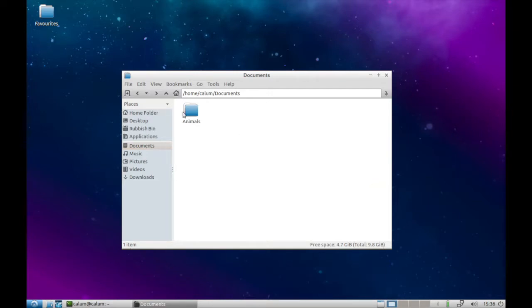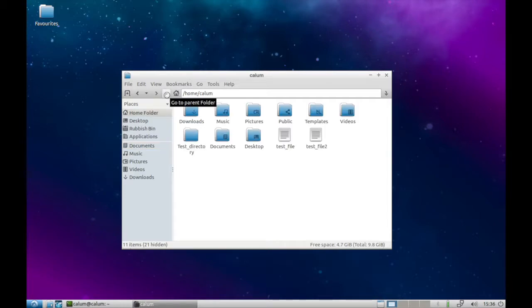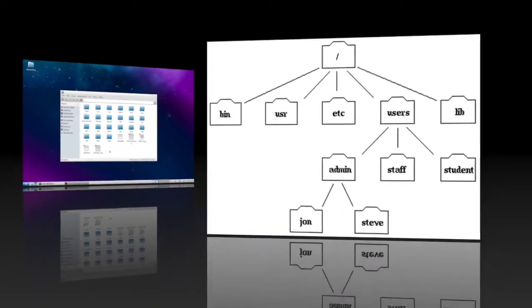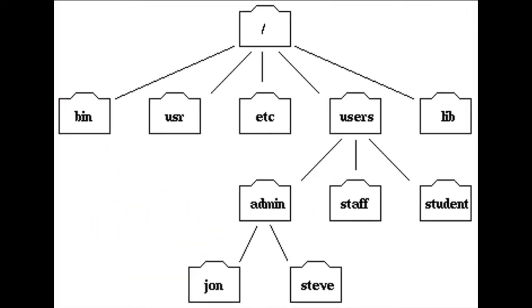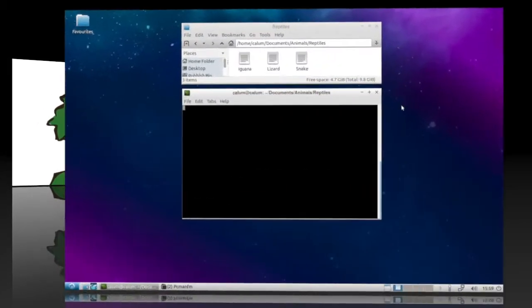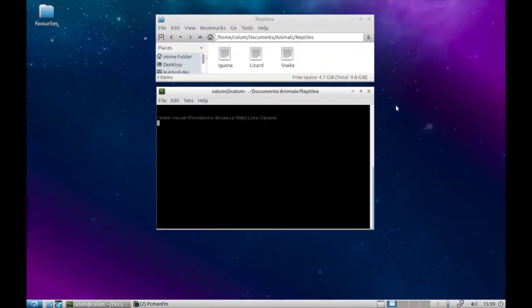Your entire computer is contained in one big directory, called the root directory, and all other directories are within that one. This structure is called a directory tree. As you can imagine, you have the root and the trunk, followed by major branches, smaller branches, twigs, and even leaves on the end. Every file on your computer has a specific address, or path, leading to it from the